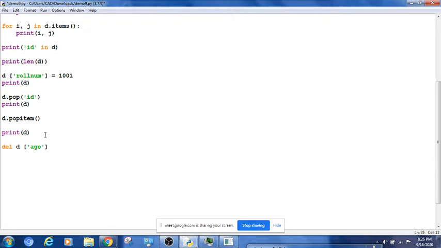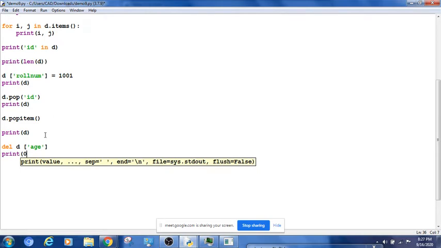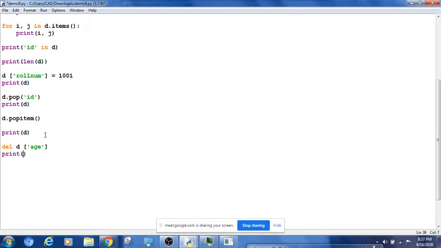Del d of age means I am trying to remove age from the dictionary using del, and then print d. So we use pop to remove an element using a key, we use popitem, and now we are using del. Let's see this.